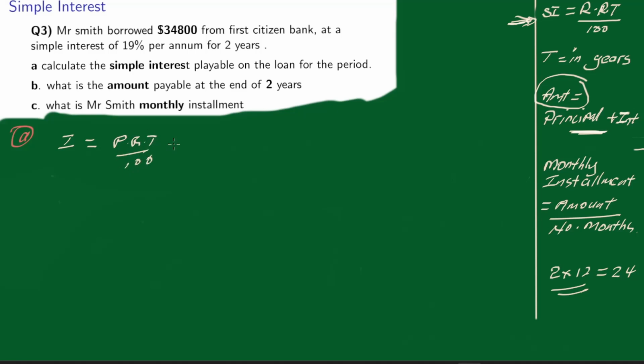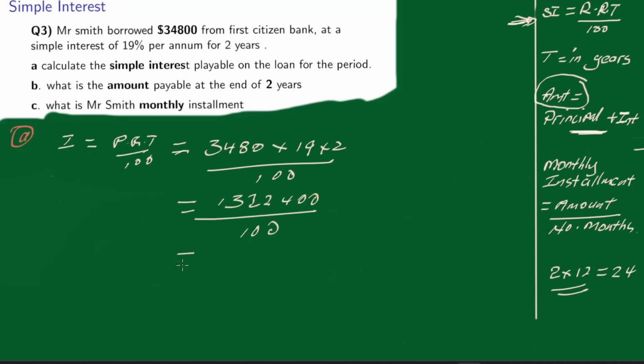over 100. So in our case here, the principal is 34,800. So this is 34,800 multiplied by 19 multiplied by 2 all over 100. You could plug this into the calculator and we'll get